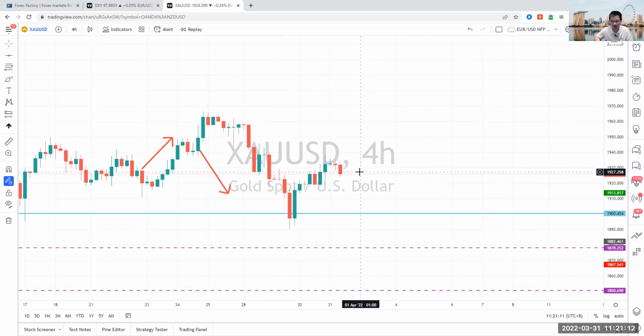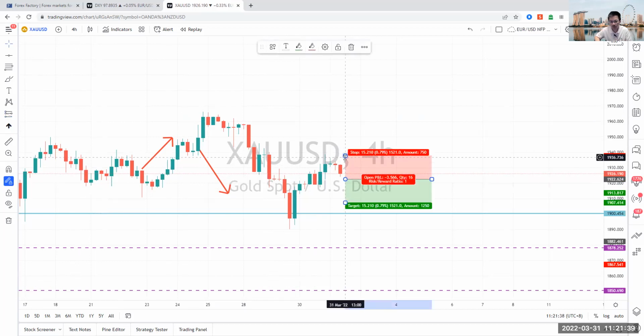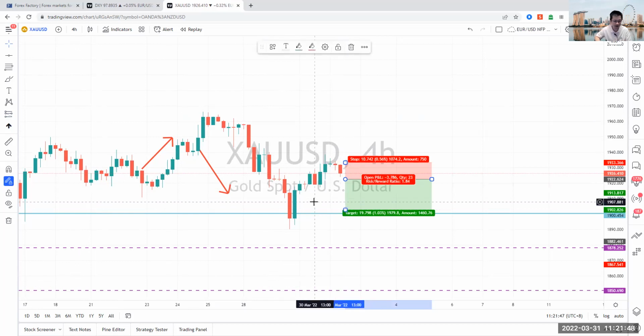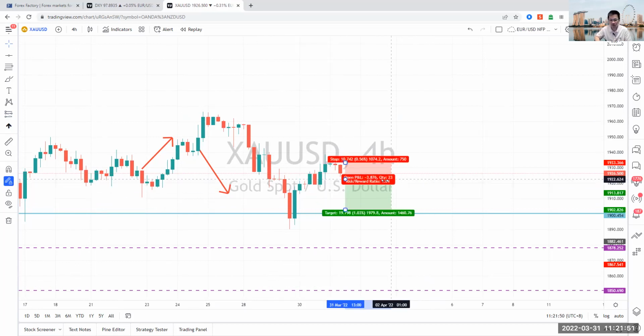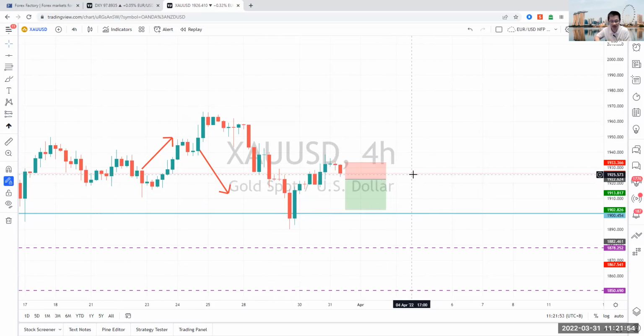At this level right now, gold at 1926, I think it presents another opportunity. Same like what happened here a couple of days ago. 28th of March came down. 29th of March, as it broke lower, we saw it come down to test 1900 again. So what I would say for gold is you can be looking again to sell below 1922. Below 1922, stop loss at about 1933, take profit at that 1900 level or just slightly above that 1900 level. This could be a trade idea for gold towards the downside.